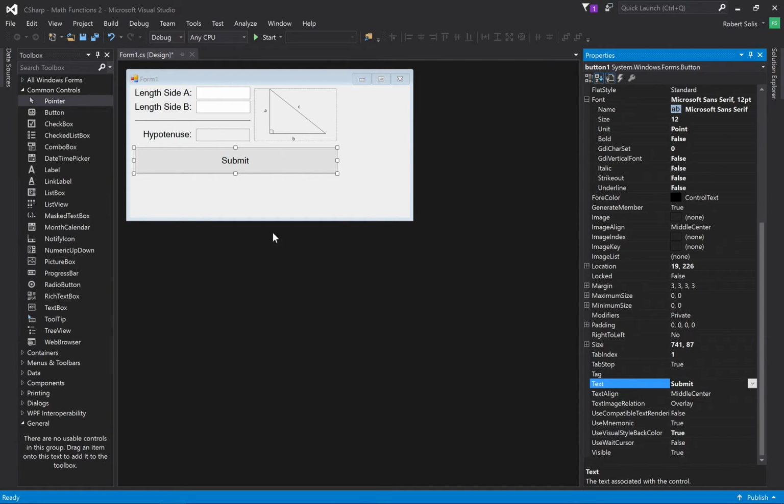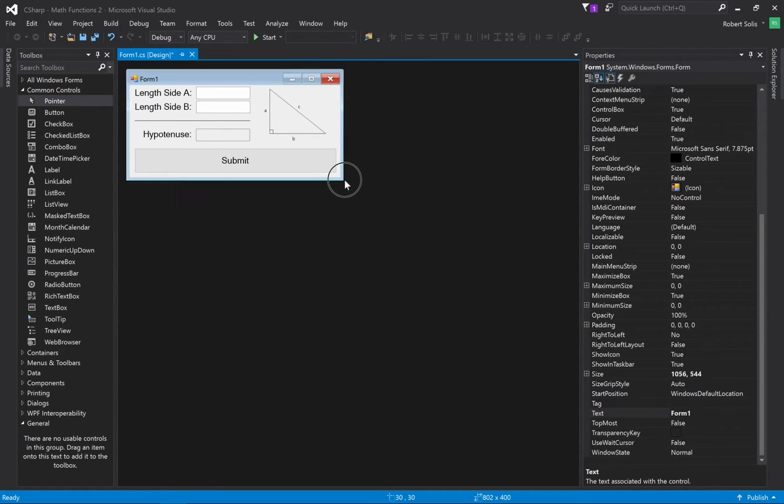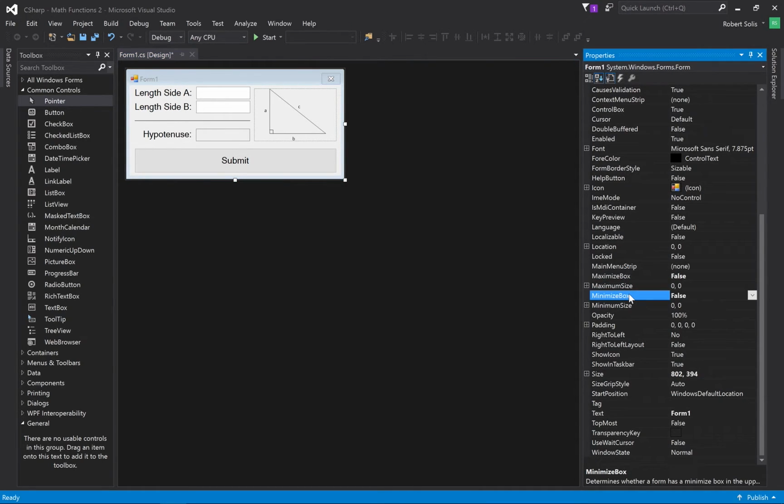Submit. Okay, so I have this button ready to go. I think that looks good. Let's reduce the size of the form to something like this. I don't want minimize or maximize, so I'll just simply double click maximize box, double click minimize box, and we don't want form 1. This is going to be the hypotenuse calculator. So instead of form 1, we'll say hypotenuse calculator. Okay, I think we're done, at least in terms of placing the items on the screen,